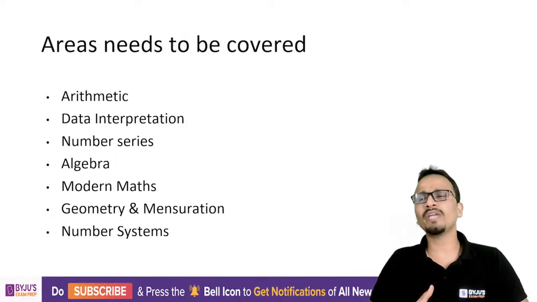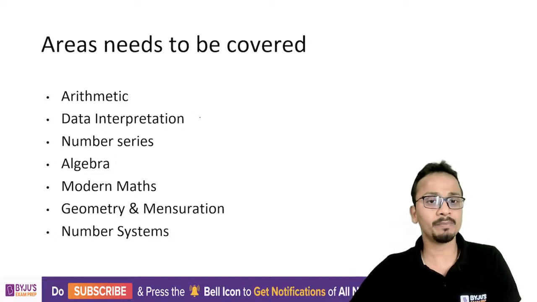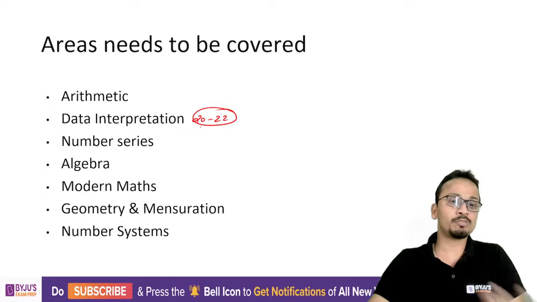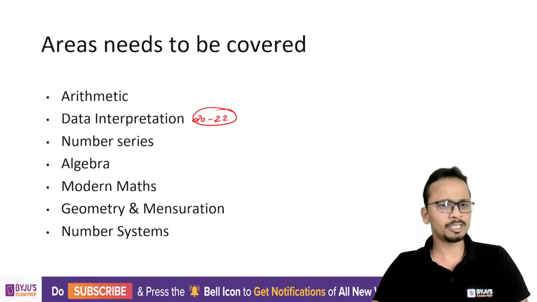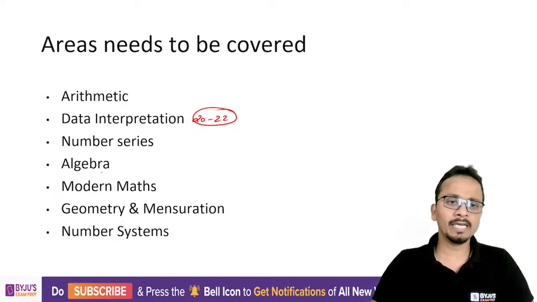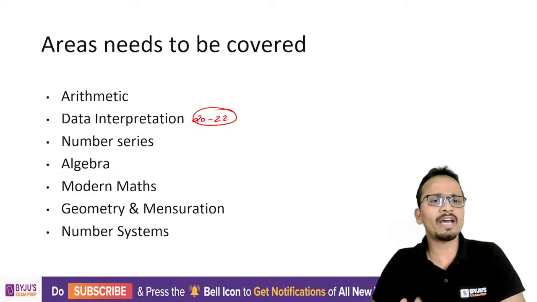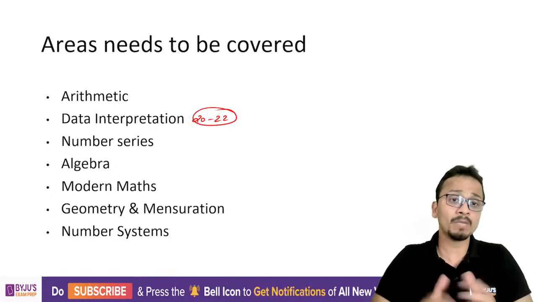There were years when we have seen around 20 to 22 questions from data interpretation. You can expect these many questions from data interpretation, and generally the questions come in sets of 4, and you will generally see 4 to 5 sets of data interpretation coming in